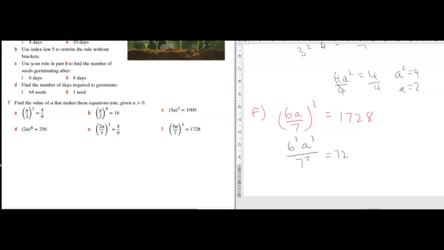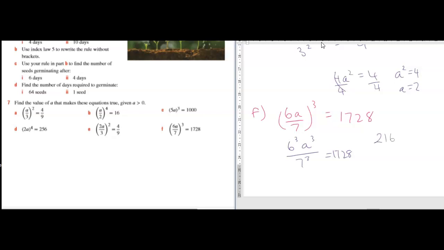Oh, sorry, I forgot the, there we go. All right, so we're going to have to expand the 6 and the 7. So 6 cubed, so 6 times 6 times 6. Again, I'm going to just use my calculator. 6 times 6 times 6,